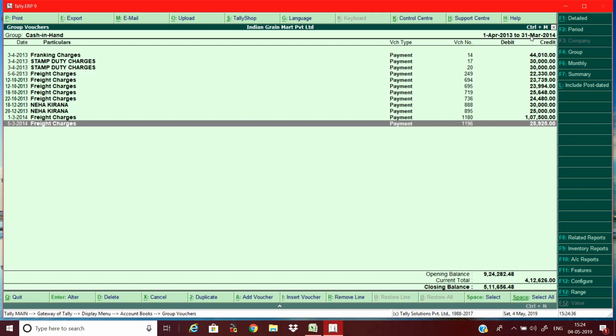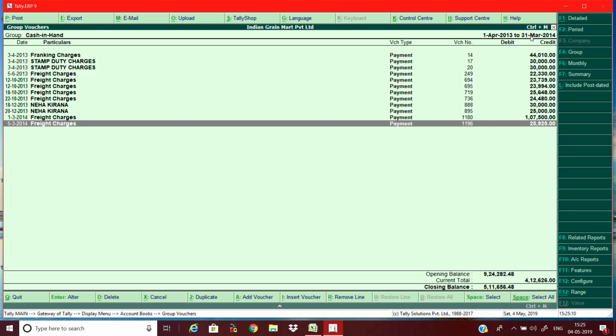If there are, I repeat it again, if there are more than one ledger account where you need to apply the same condition, then it is always better to go through group vouchers instead of individual ledgers. This will not only save your time but will also give you a quick exported report as well. Now you can export this report to Excel and your requirement is complete.